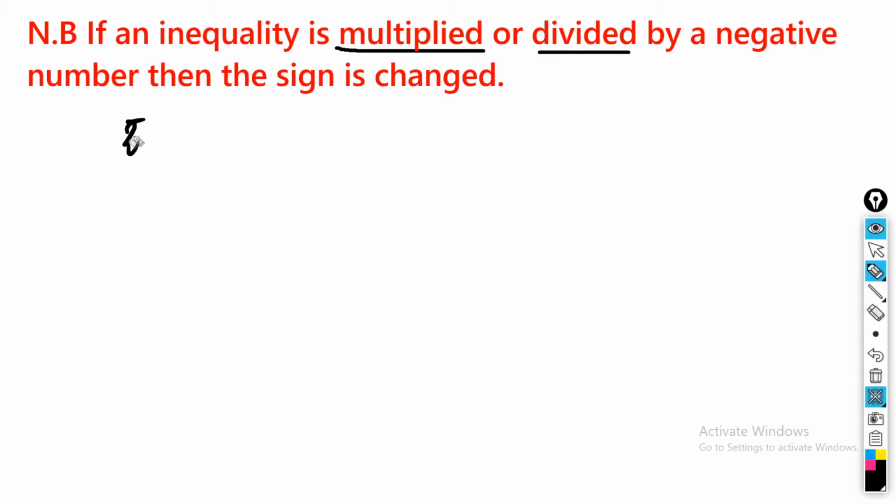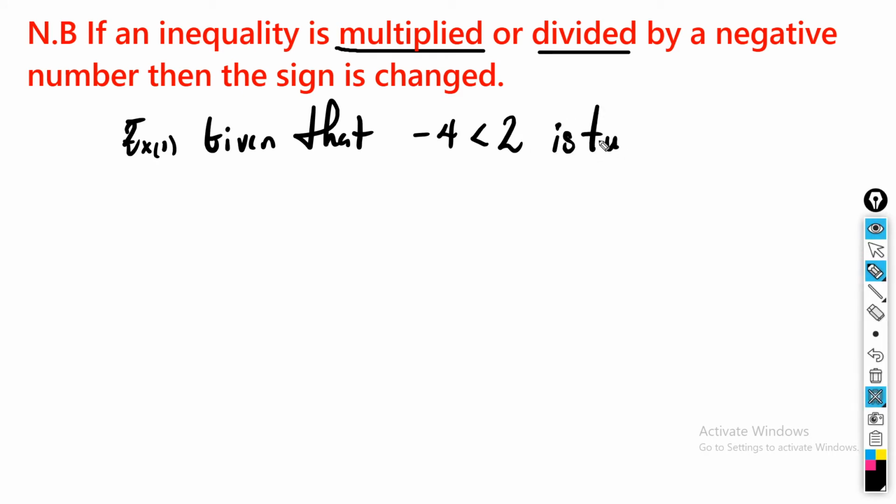Let's look at the first example, and it says, given that you have -4 is less than 2, and this is true. So it's not equal to. -4 is definitely less than 2, and that's true. If we multiply both sides,